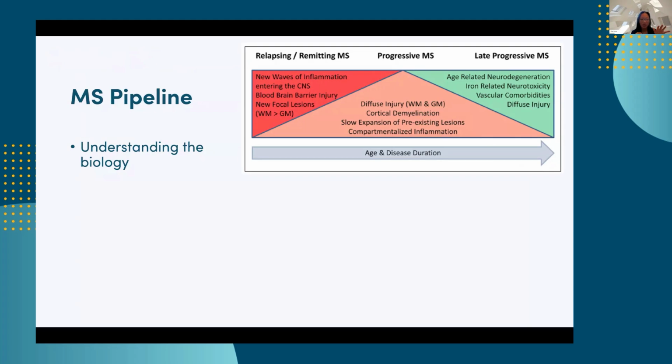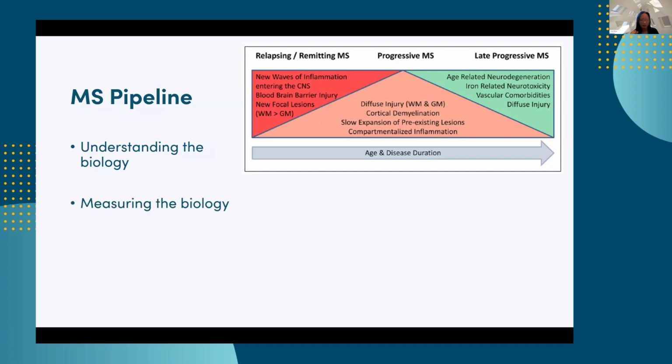And the coral box is because we've had disease modifying therapies that have really shut down inflammation, shut down relapses, but we still saw that silent progression. That's where a lot of the MS focus and energy has been over the past several years, really better understanding that so that we can attack that silent progression. Now, our current disease modifying therapies don't address anything in that coral box. But because we better understand that coral box, next page,